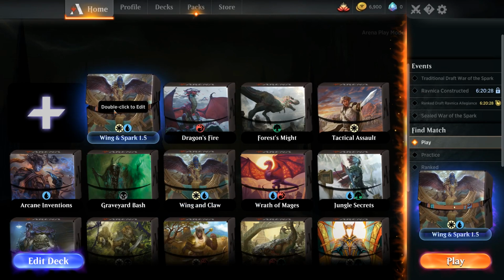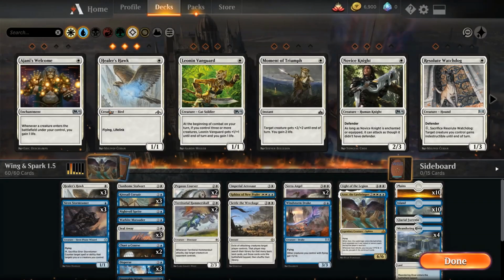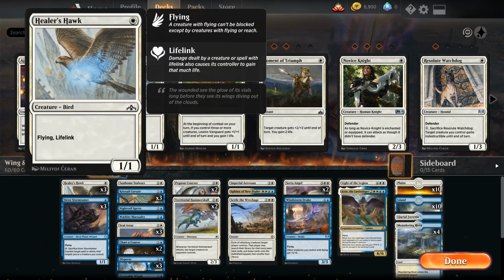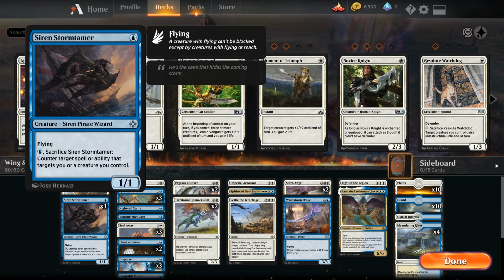Okay, guys, now that we've gotten a couple games under our belt, we're going to be looking at my 1.5 version. Again, this is not going to be optimized. It's just going to be some cards swapped around that I didn't really like too much, and we're going to go from there. So in this case, we've added another Healer's Hawk. We added in a bunch of Siren Storm Tamers. They're another 1/1 flyer, and they also kind of work not necessarily as counter magic, but by definition, like proper